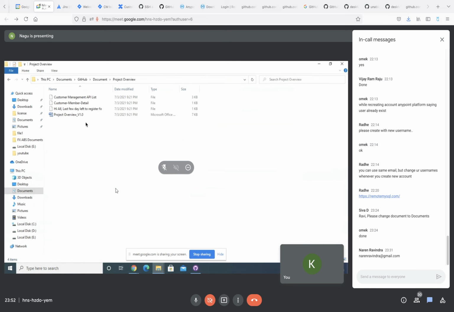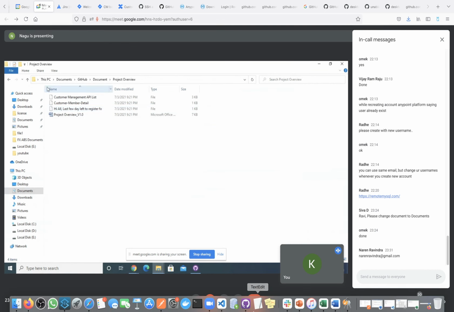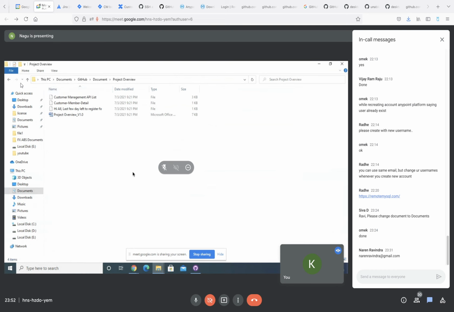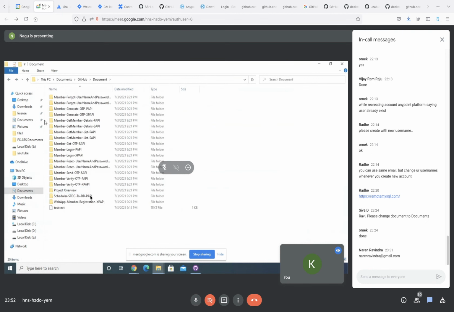Actually, a few folders are unnecessary there. That one I used for chat. Okay, let me delete that one. The second folder is not required, just delete it. I will delete it, I think you will not have access. Other documents are not required for you, so only one document. I will clean that one, no problem. I will share all the documents and SQL queries, everything, inside this folder.